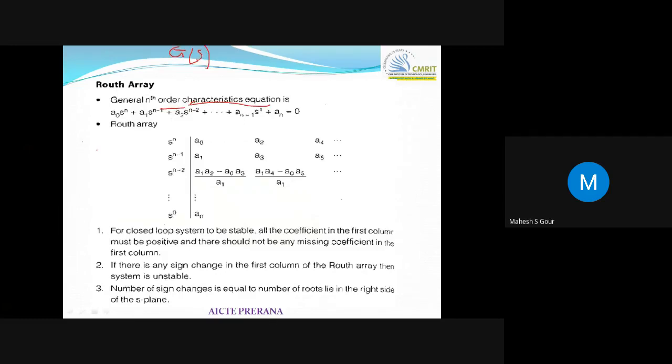You'll be having the open loop function, that is G(s). The open loop will be given with zeros and poles. So H(s) will be either unity feedback. Most of the questions will have negative unity feedback, right? So what is the formula for the characteristic equation? The characteristic equation formula is 1 plus G(s) into H(s) is equal to 0. So this is the characteristic equation.